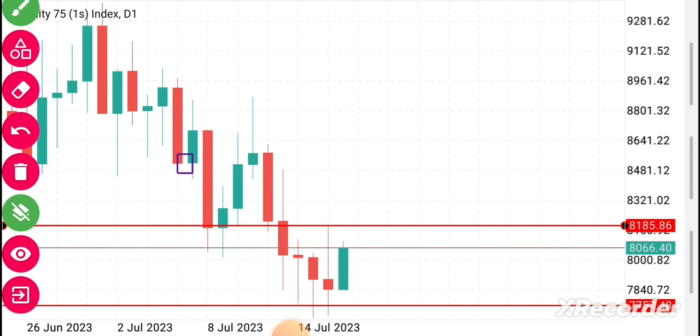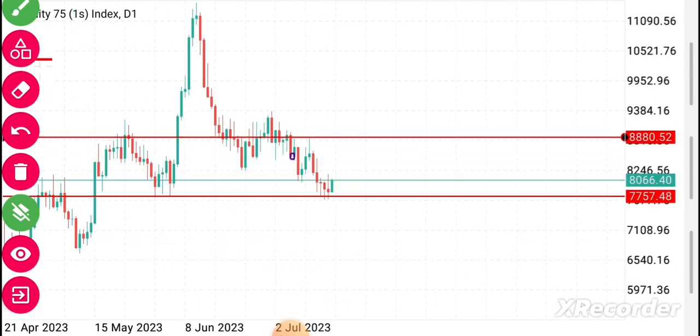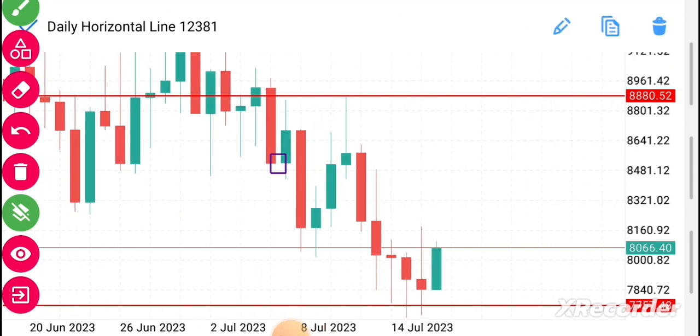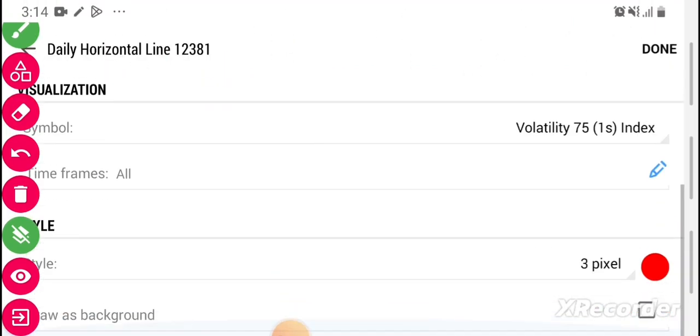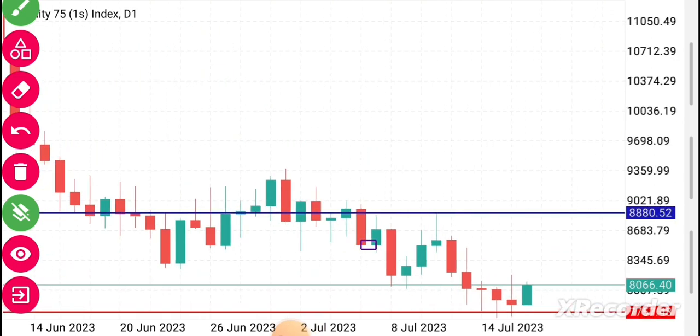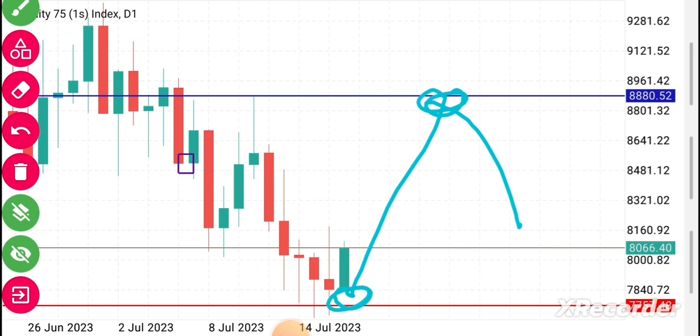So after identifying the low of that, we have to identify another key level here. Let me change the color also so that we can see our key zones very well. So this is our next key level. We're expecting the market, if it moves from this zone, it will come directly to this zone, and we see maybe if it can bounce back, or it can make a retest of this minor zone,